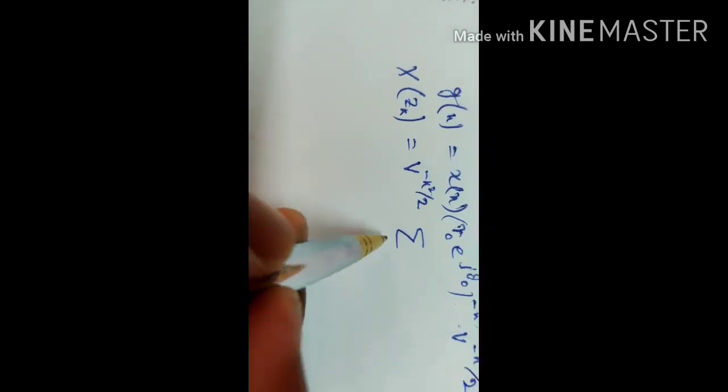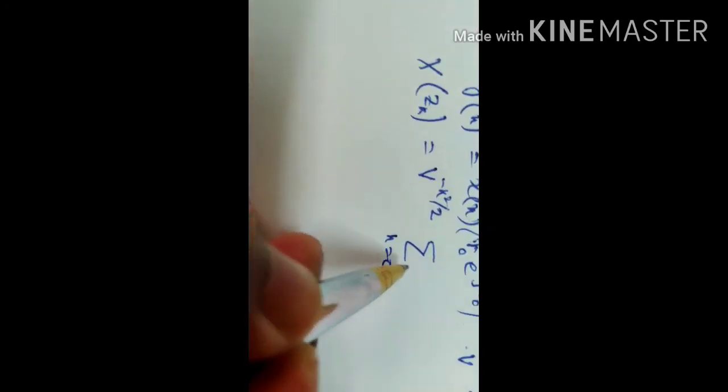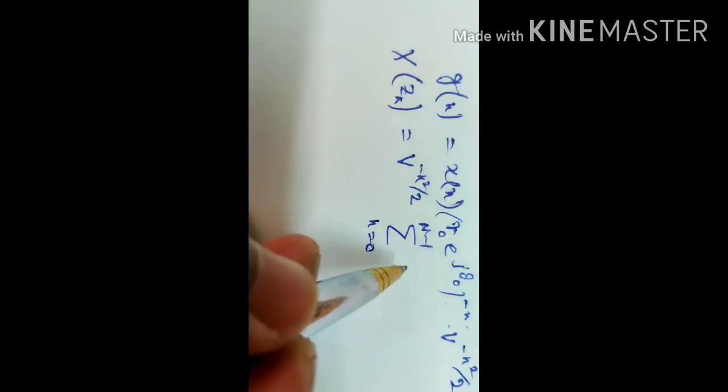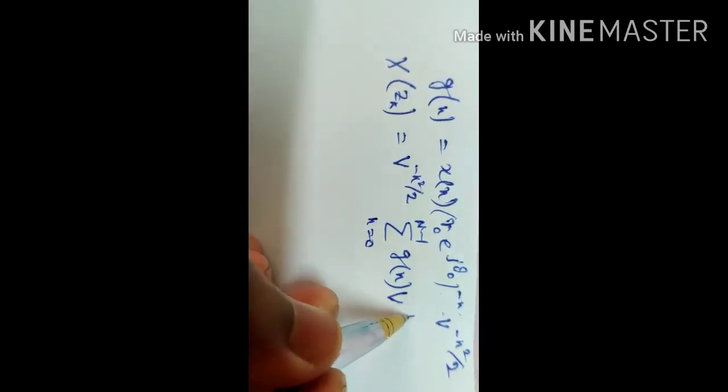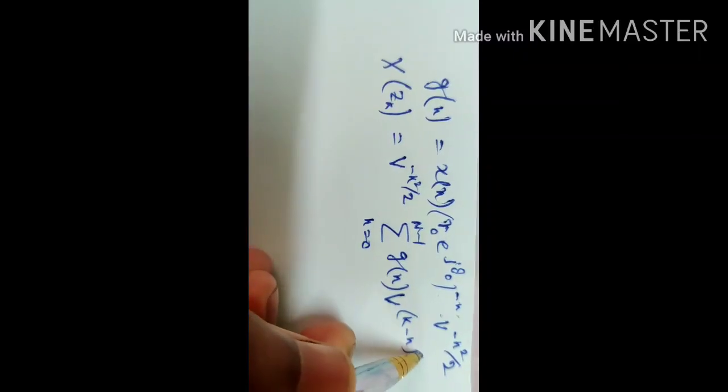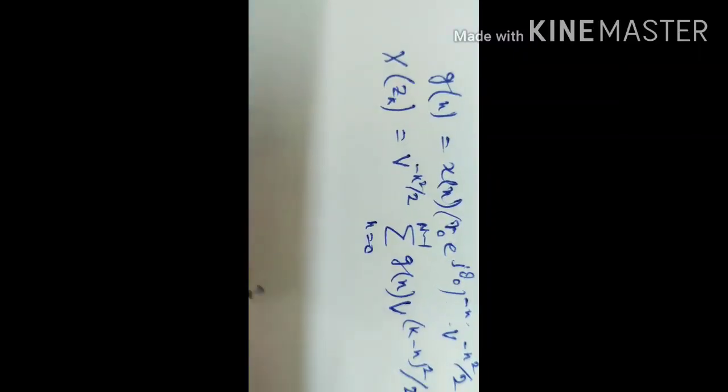So the expression will be expressed as v to the power minus k square by 2, summation of n equal to 0 to n minus 1, gn v to the power k minus n whole square by 2. That is the